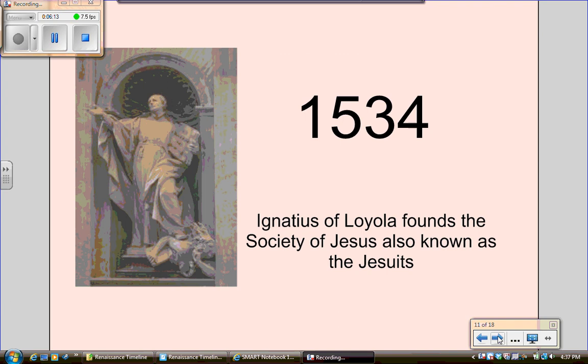In 1534, the Roman Catholic Church was also trying to combat this Reformation process, and a man named Ignatius of Loyola founds the Society of Jesus as the arm of spreading the Catholic doctrine and revitalizing the Catholic Church. Today they're known as the Jesuits, and they are still in force. They run some of the finest universities in the world.